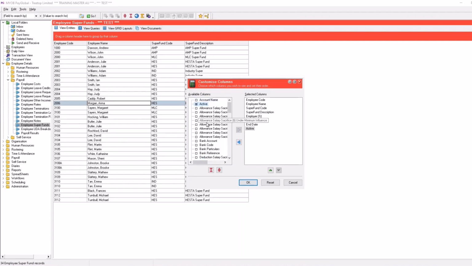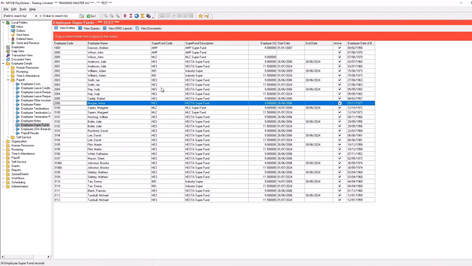Additionally, it's possible to add standard employee fields to this grid. Navigate to the Employee Code, where you'll find an Expand button. Clicking this button reveals a list of all standard employee fields. If you're looking to add an employee's date of birth, for example, you can select it from this list. After making your selections, click OK to update your grid. This will include the extra fields you've chosen, such as the employee's date of birth.